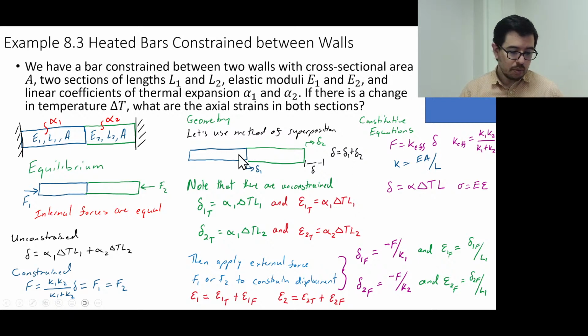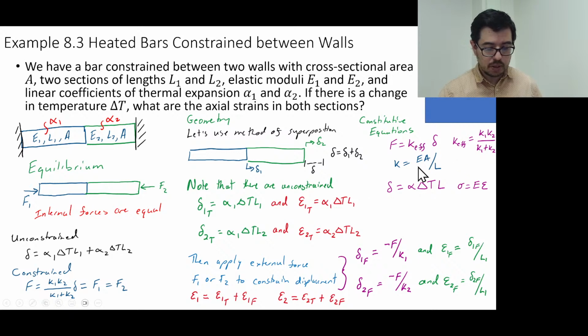Okay, so this was equilibrium, sorry, the three pillars: equilibrium, geometry, constitutive equations. So we made use of equilibrium, now we're making use of geometry, and we're also making use of constitutive equations here. This was a constitutive equation that we used here, and these are constitutive equations, so we have a bunch of constitutive equations that we already plugged into these other two columns. Okay, so now